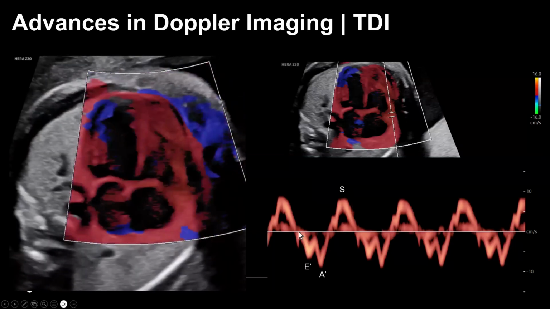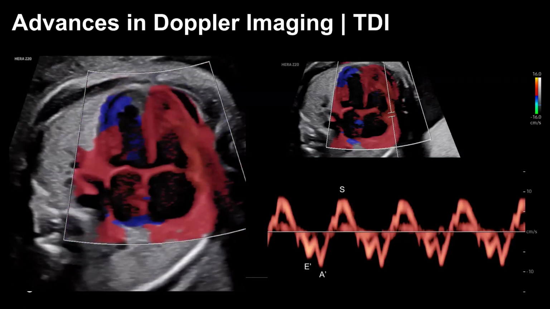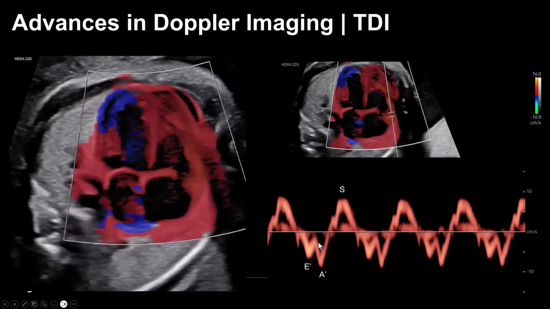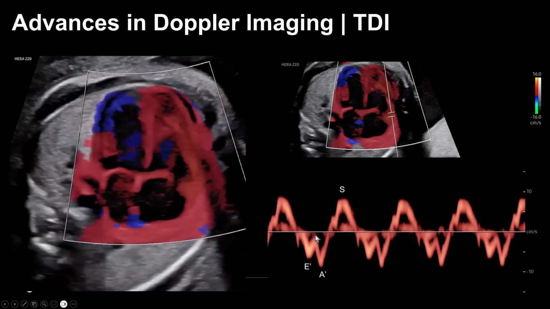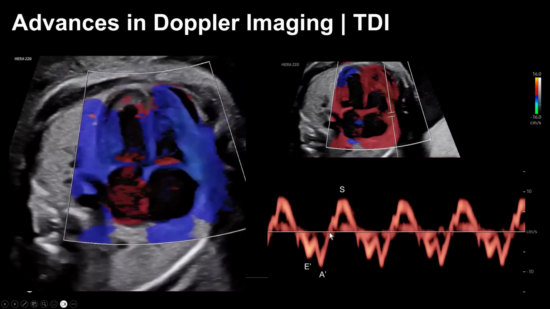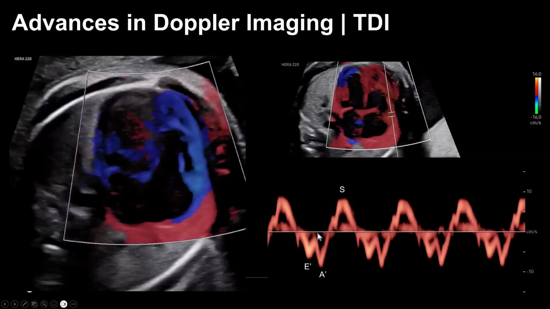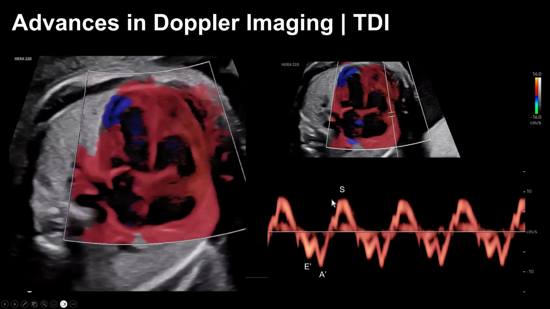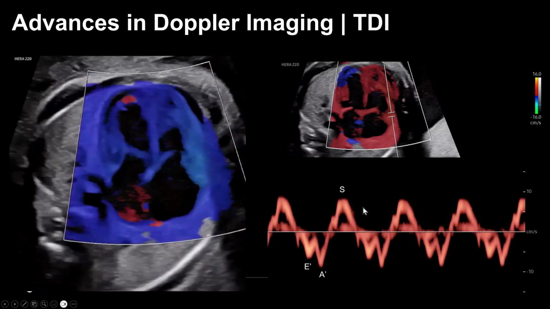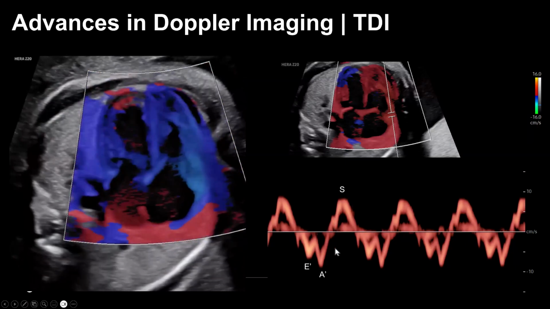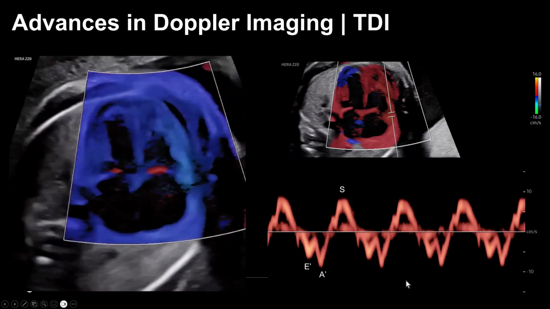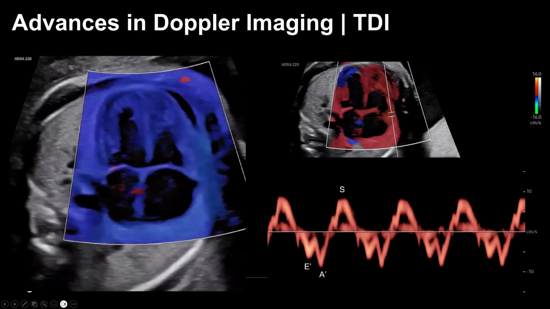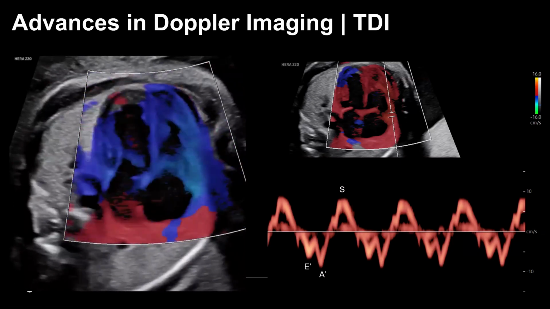So basically this curve demonstrates the myocardial velocities, not the intracardiac velocities, and they have a similar pattern. There is the myocardial movement during diastole from here to here, the early diastolic movement, and the movement of the myocardium during atrial contraction. And then there is the systolic phase where the heart is moving towards the apex, and that's why it's directed towards the probe. So looking at those cardiac cycles, you can evaluate the atrial contractions and the contractions of the ventricle, see that they are associated, and judge the rhythm.